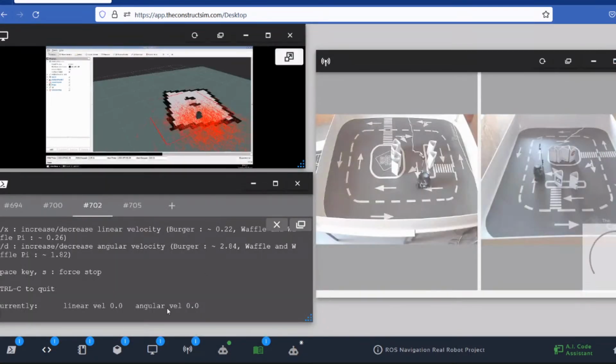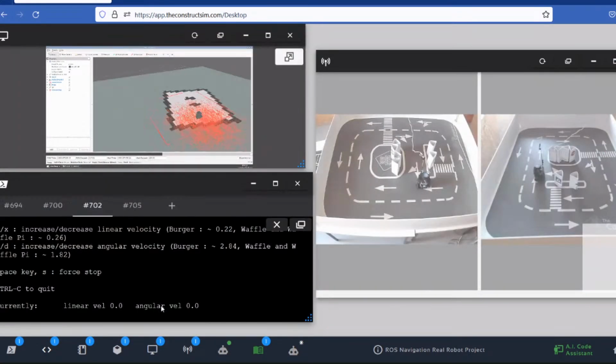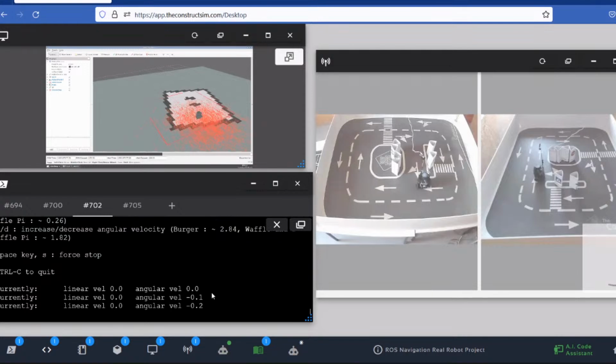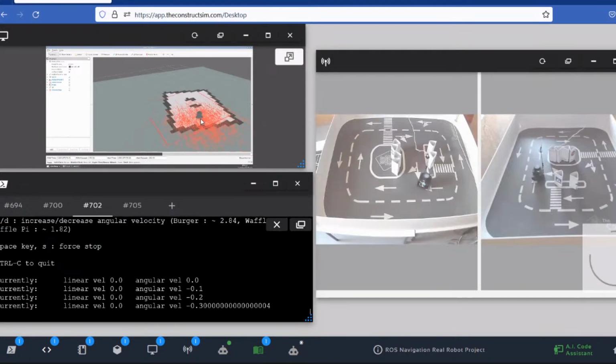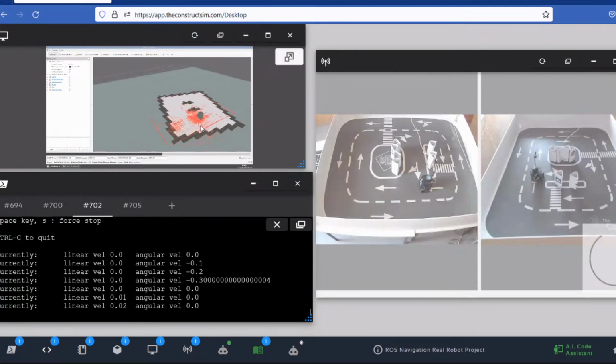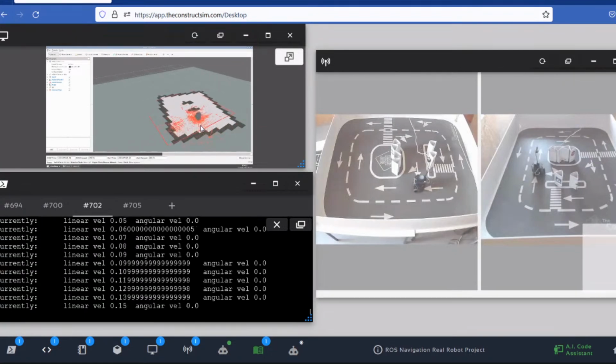So we are going to move the robot. In order to localize the robot, we should move it a little bit so it can gather data and have a better understanding of its location. So as we rotate the robot, you can see the particles go near. They start to converge. So as I gather the data,